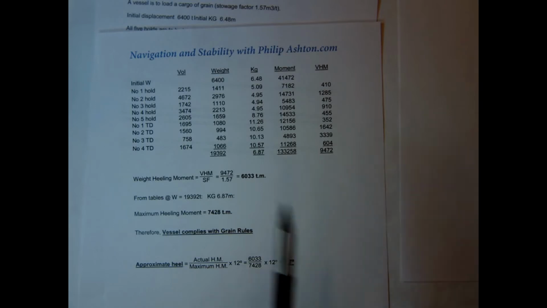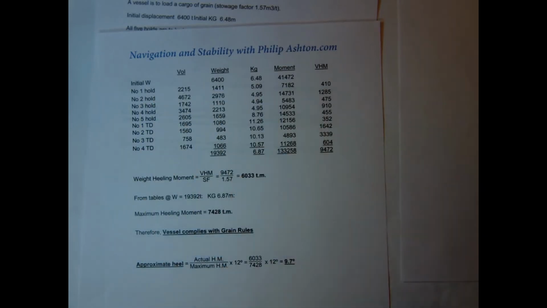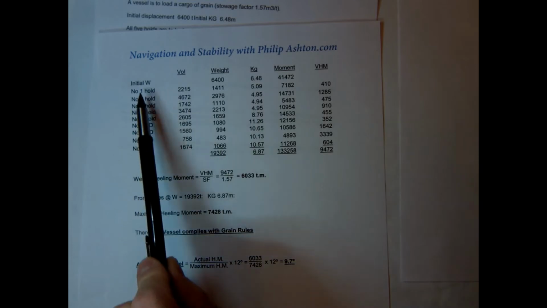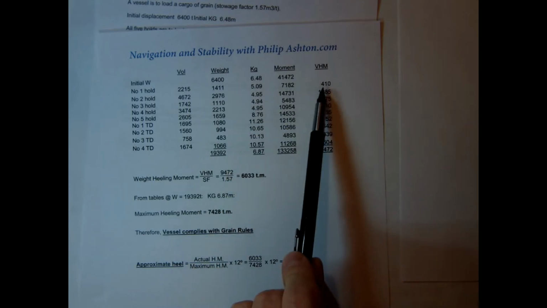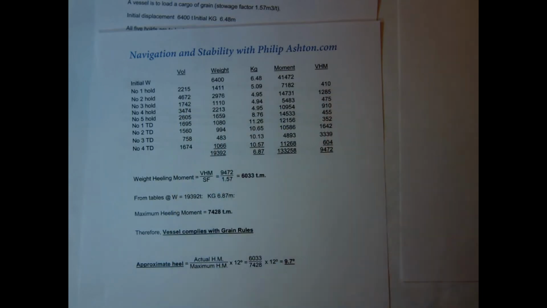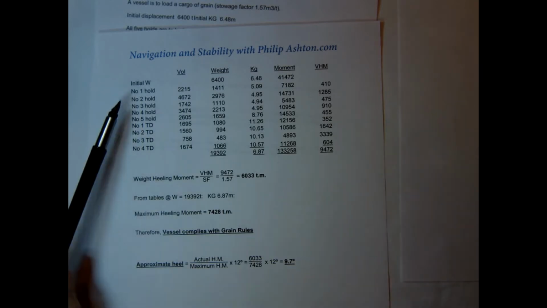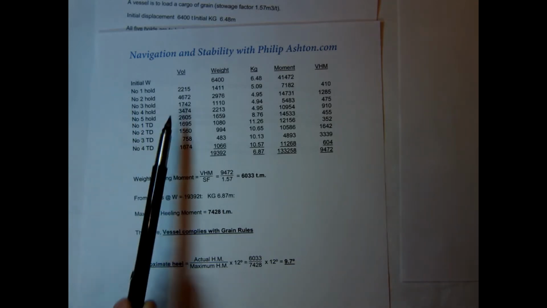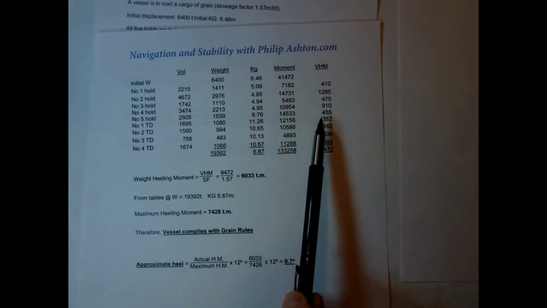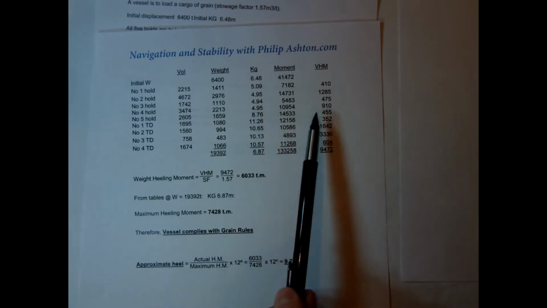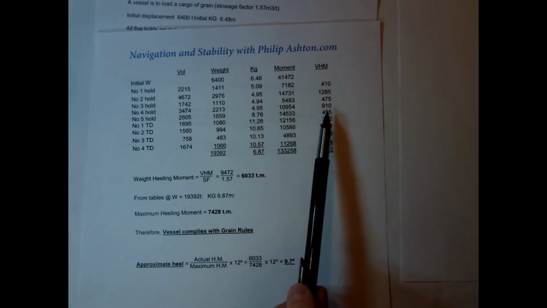Another common mistake students make is to forget the initial displacement. So put that in first in your table: initial displacement, KG, moments. The KG and the volumetric heeling moments and the volume we all get from the data booklet. So we just go straight into the data booklet for 1, 2, 3, 4 and 5 holes, get those volumes, and that's fine. We can just feed the information across and work out the weight and the moments and the